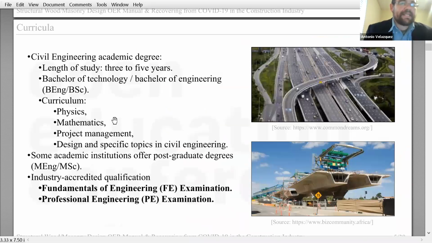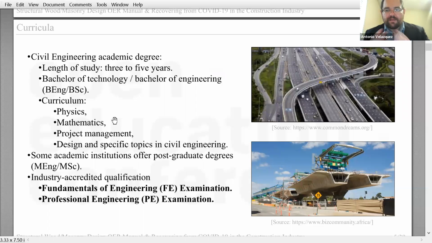For the civil engineering degree, it's typically about 3 or 4 years in length, sometimes 5 years. When you want to do dual accreditation in construction and maybe structures or construction geotechnical, it's typically a 4-year ABET accreditation curricula. It is offered as a bachelor's in engineering and a bachelor's of science. And you can also have masters in engineering, maths, and science, and you can even have PhDs and all sorts of layers of education in civil engineering.